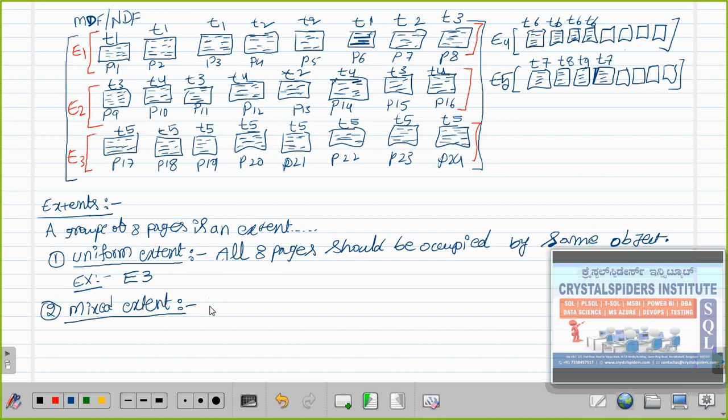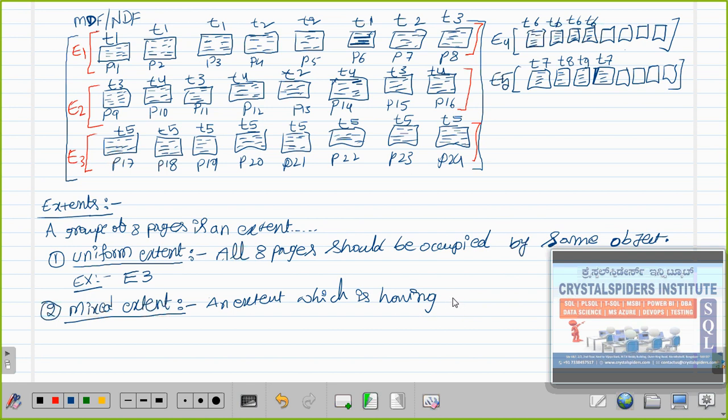So tomorrow's session we will come to know that in detail. First, how the extents will get allocated. As soon as an extent is allocated, what type of extent it is? That is a mixed extent. Later, when will a mixed extent be automatically converted into a uniform extent? Okay.